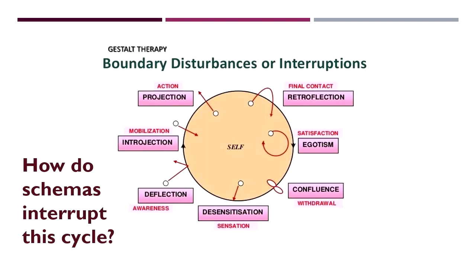Right, so the whole process wouldn't be so complex if not for the fact that at times this whole gestalt of our experience becomes interrupted, so that we can't fully meet our need. For example, we might become aware of what we need, that perhaps we want to call our friend, maybe we feel lonely, perhaps we want to learn something new, but we are not doing anything about this need because we experience some blockages. Or maybe we get to a stage of mobilization where we gather all our resources and start planning for the future, but we end up not taking any action because again there are some blockages.